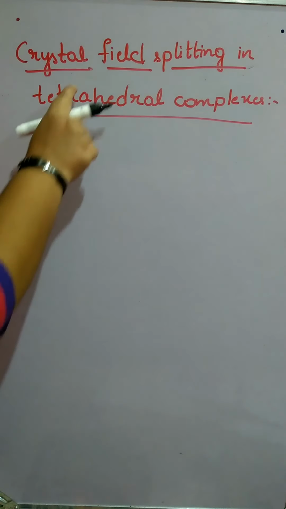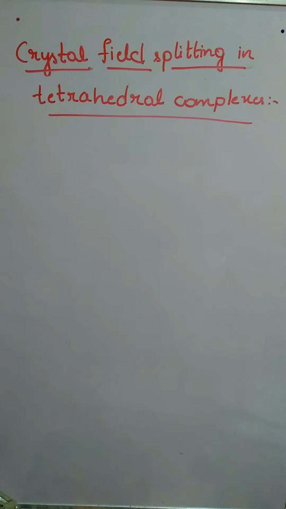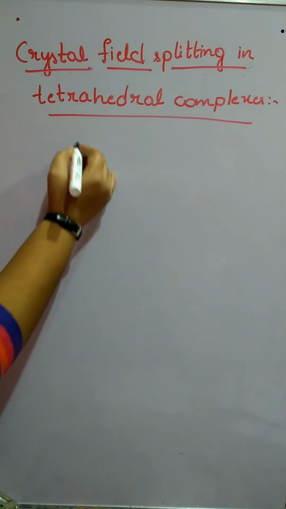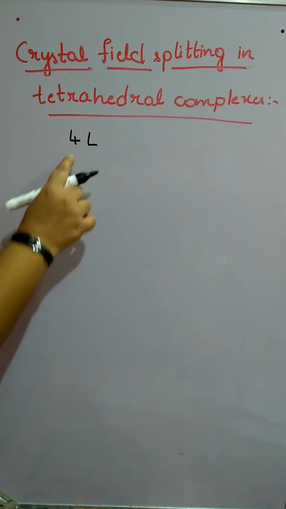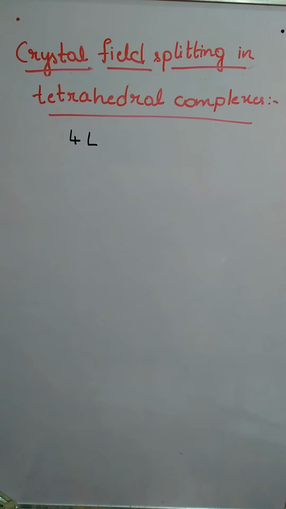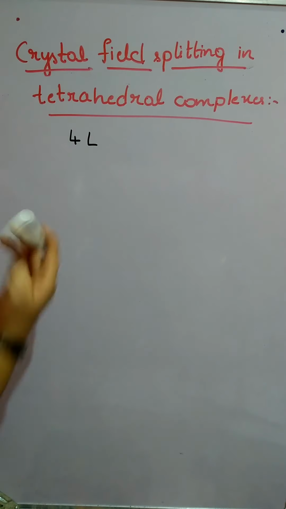Next one, the crystal field splitting in tetrahedral complexes. Until now we have discussed octahedral. Now it is the tetrahedral complex. A tetrahedral complex consists of 4 ligands. So how can you imagine these 4 ligands? Imagine a cube,